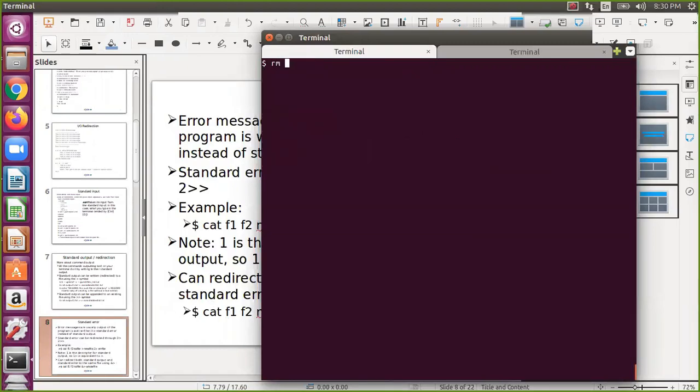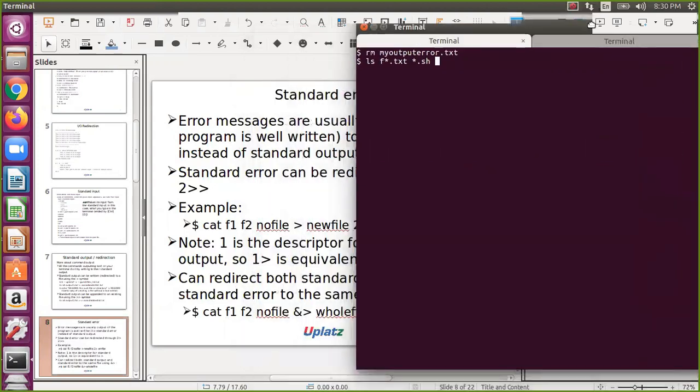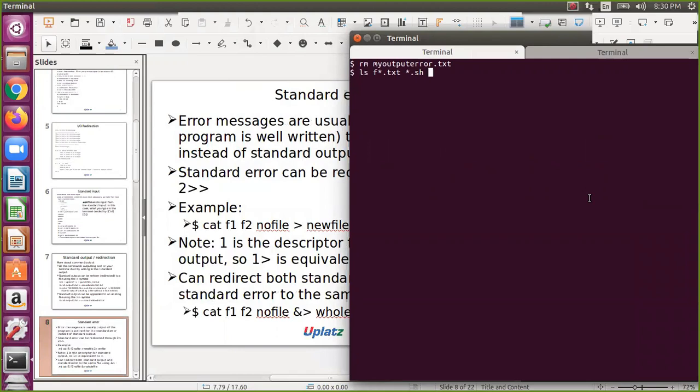So let us remove my output error.text. Now ls *.text and then *.sh. So I want two files in both things. With this also you can do it.